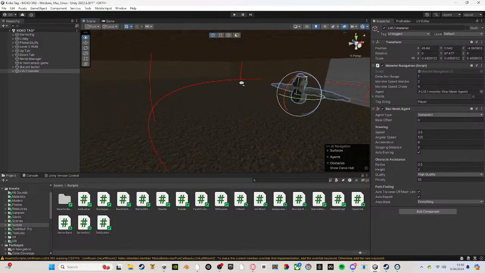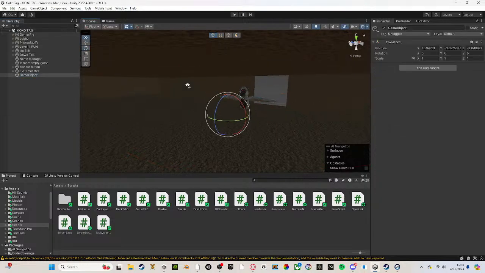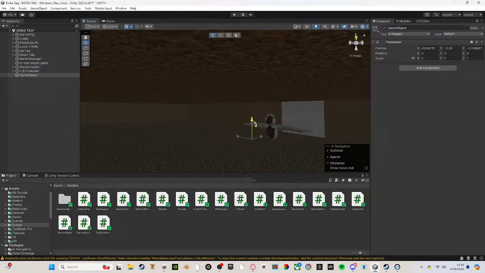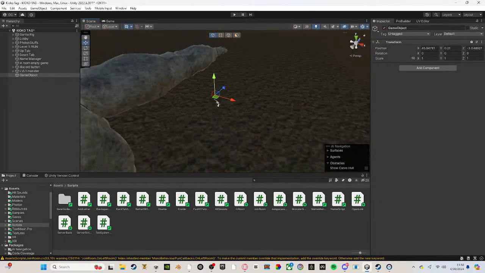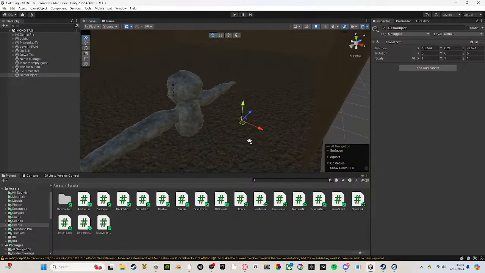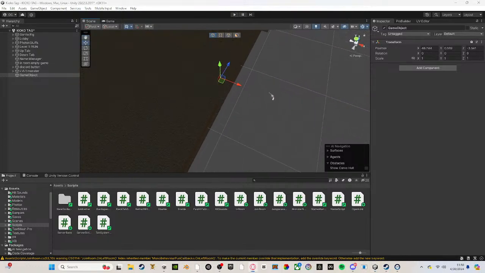Now for the points, what you're going to want to do is create some empty objects, just like I have done here, by right clicking, create empty, and naming this to whatever you want. Make sure to not put your points too high or low, put it around waist height so if your monster ran into it, it would be able to reach it. Now once you've scattered all your points around,